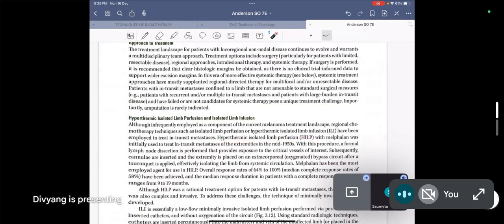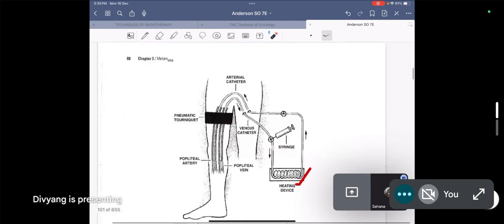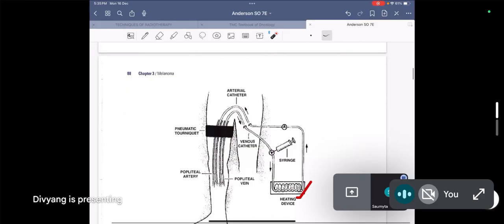ज्यादा कुछ बोल नहीं रहा है ये, पर वही है, subsequent cannula inserted, extremity placed in extracorporeal oxygenated bypass circuit after a tourniquet. उसको मतलब आइसोलेट दोनों में ही करना है आपको, हाइपरथर्मिया दोनों में देना है। Isolation is there because of circuit, there only tourniquet will prevent it from entering the system. उसमें एक एक्स्ट्रा कॉर्पोरियल मशीन होगी, इसमें नहीं होगी, और वो ऑक्सीजनेट नहीं करेगा, वो हाइपरथर्मिया देगा, और 60 मिनट्स के लिए देना है।